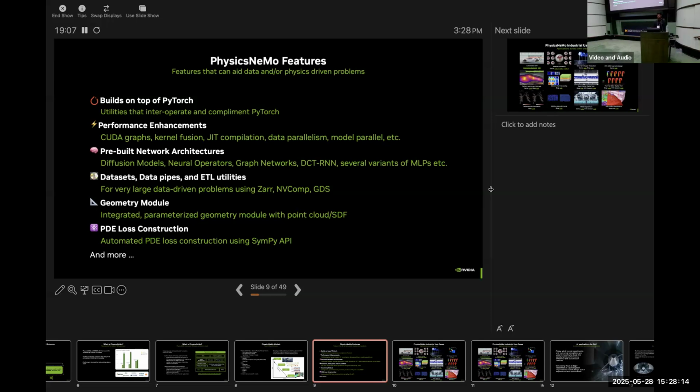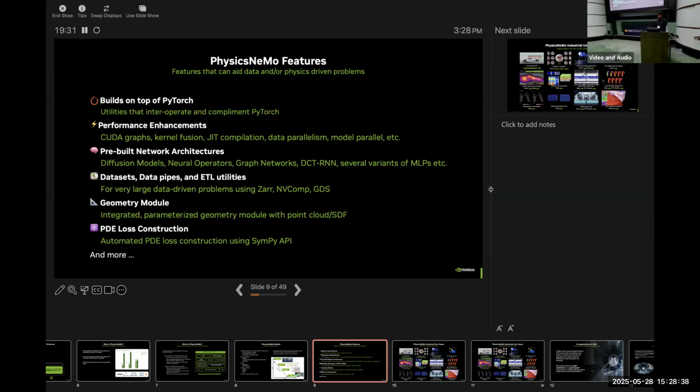Pre-built neural network architectures, which is what we saw in the previous slide. Access to data sets, data pipes, and ETL utilities, so taking in your simulation meshes, cleaning them up, and preparing them for neural network training. Some of these utilities are also part of the PhysicsNeMo framework.